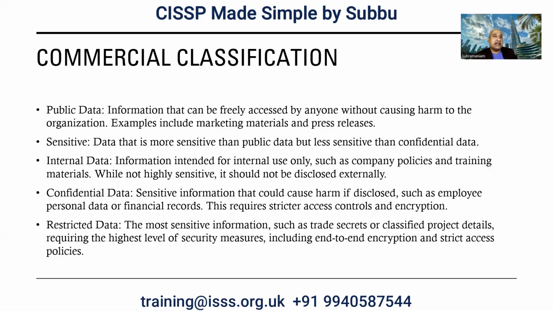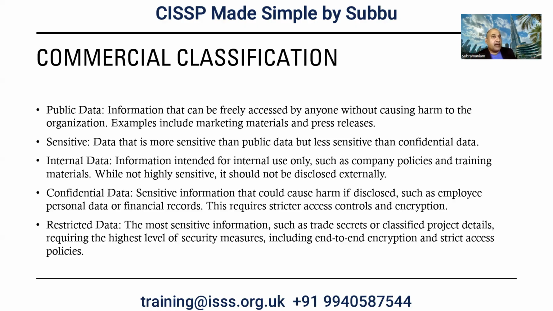So the public data is something which, when it gets exposed, doesn't have any impact to the organization at all. Sensitive data, for example, the test results, etc. Internal data is circulated within the organization, the organization-wide announcement. Confidential data will cause harm if it's actually exposed. Restricted data could be like a trade secret, Coca-Cola's recipe. In all my CISSP classes, I mentioned about the Coca-Cola recipe, which is supposed to be the highly prized secret in the world. It was.